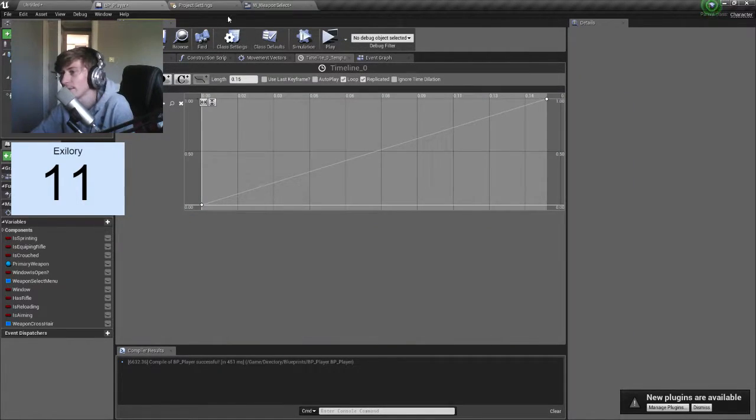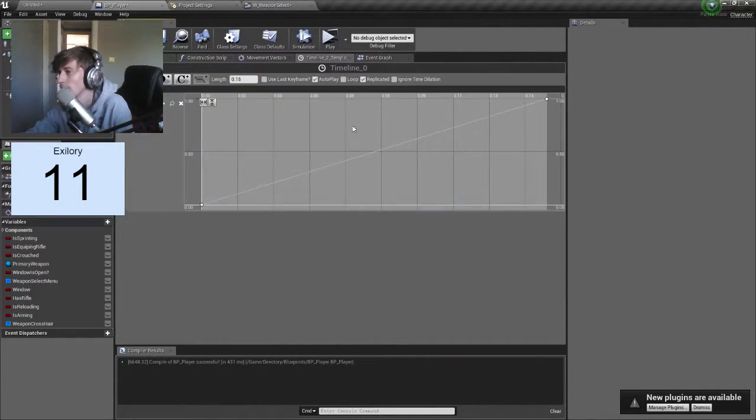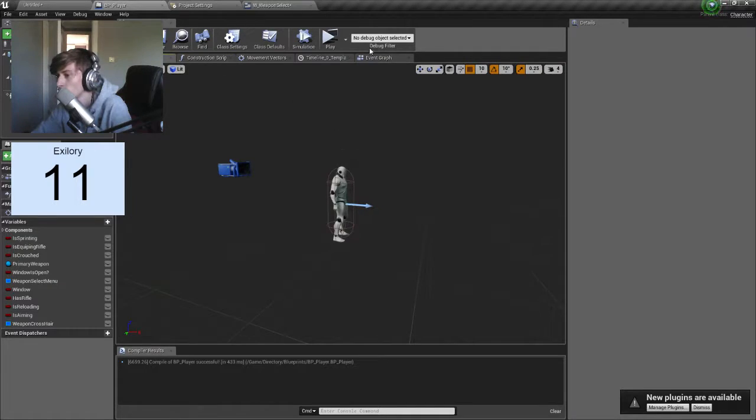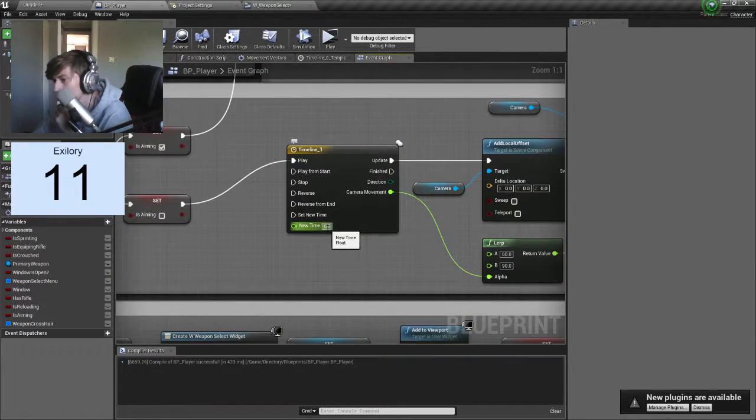Where's the camera going? I don't know what autoplay does. Should we try autoplay? Oh, it's already done it from the beginning. Yeah, no, don't do that. Okay, synchronize view, that's not going to be it. Let's do our view, let's go back to our event graph. On the handle,